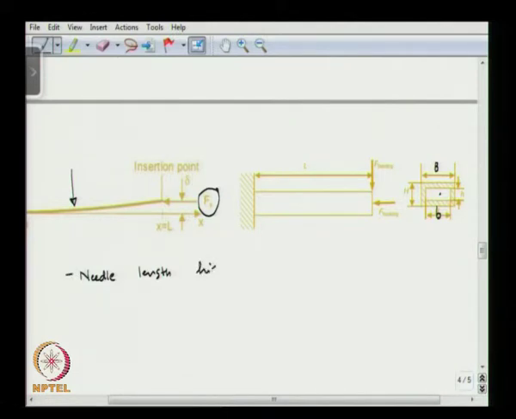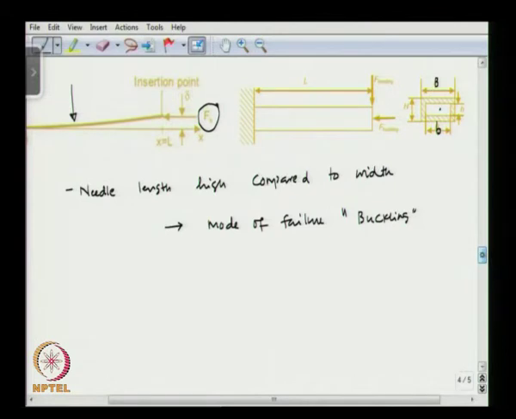Now, the needle length is high compared to width. That is typically the case for a microneedle. So, the first mode of failure is buckling. Now, to find the critical force, we can use the Euler's column model,